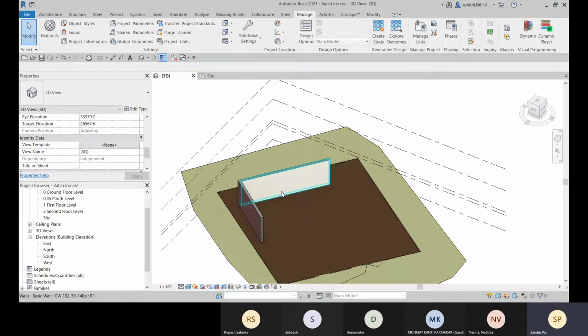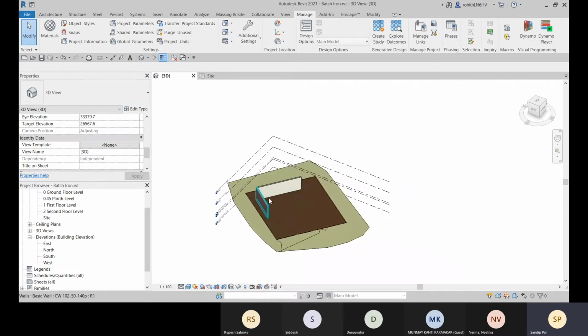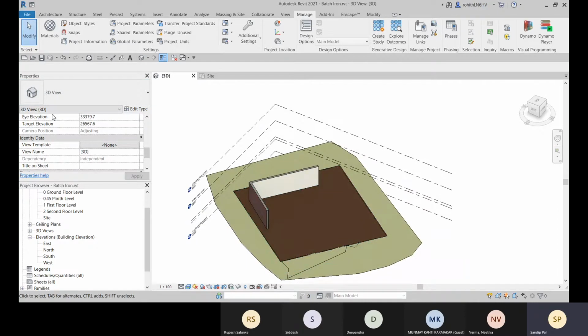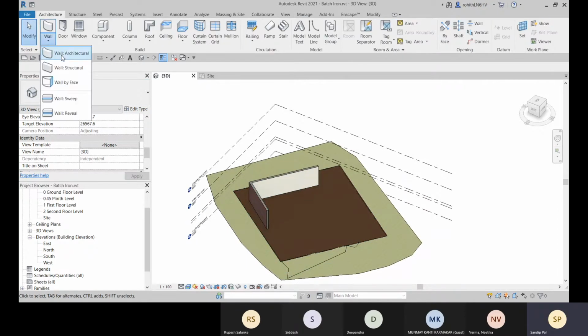All right, this way you can add some parameters. You can add these parameters within the project template, set it as a template file, and then use it for your project.